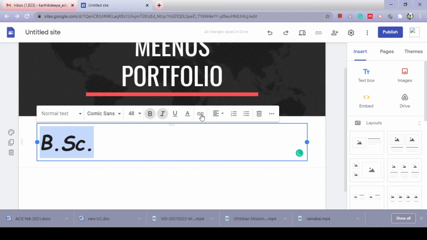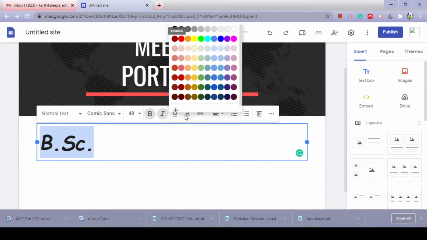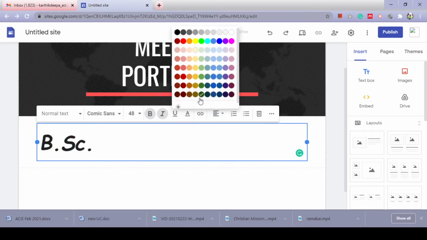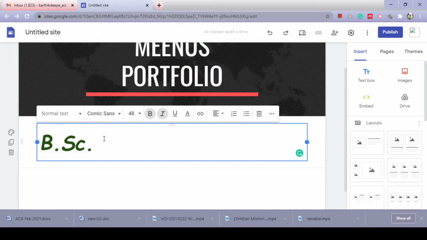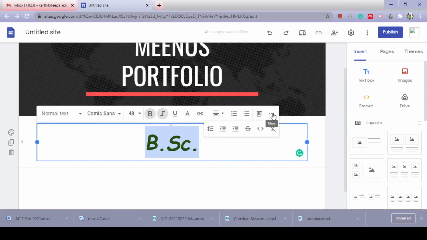You can change the text color, or you can align center. If you want to delete it or remove it, you can remove it. And see, there are options like line spacing, everything, if you want to use, you can use it.